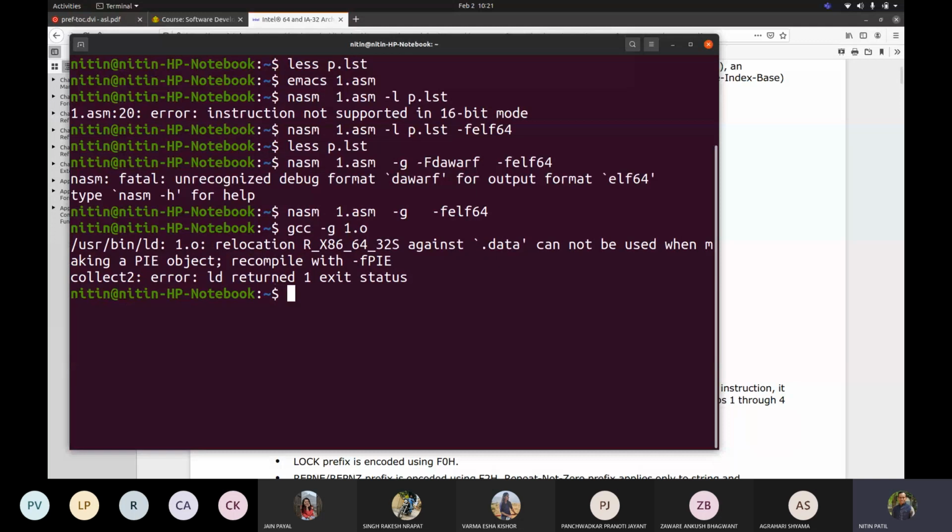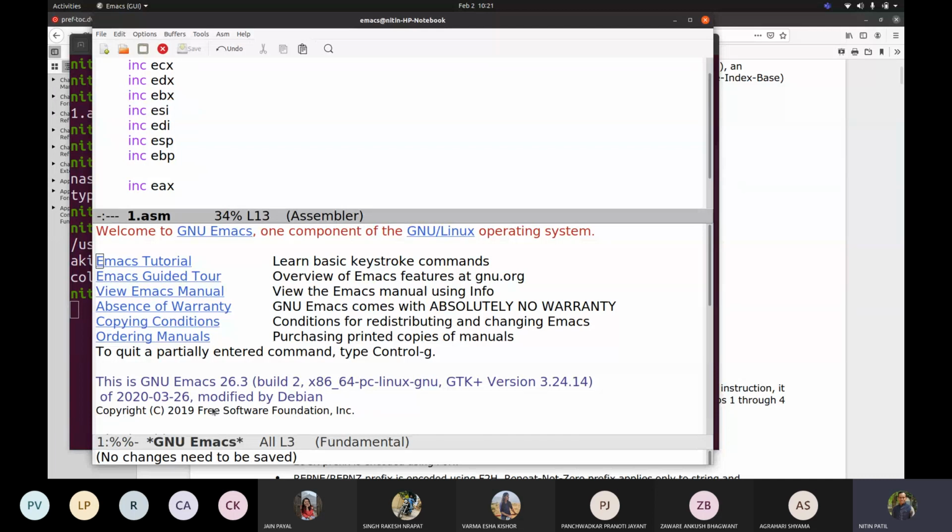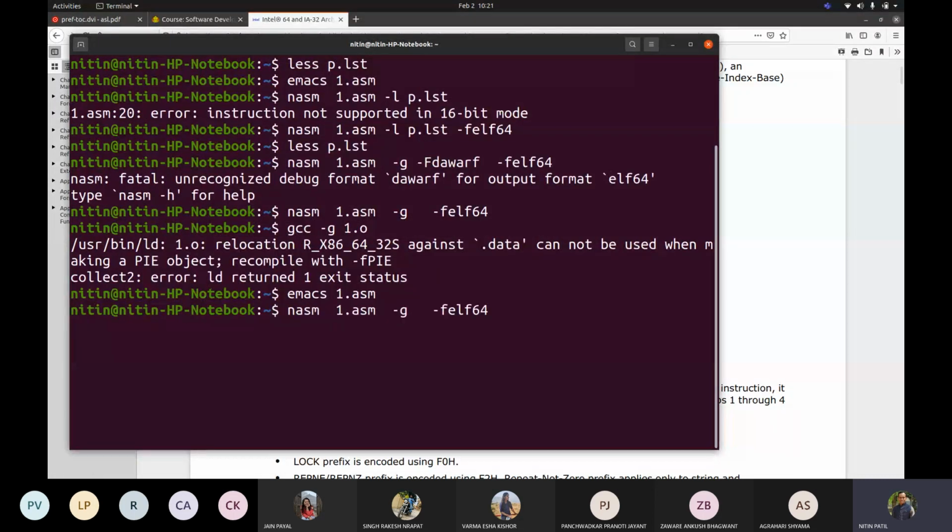Yeah, so it will require some more changes in the code because we cannot directly write the data. So let us go to the source code. I will remove this, okay, and let us see.